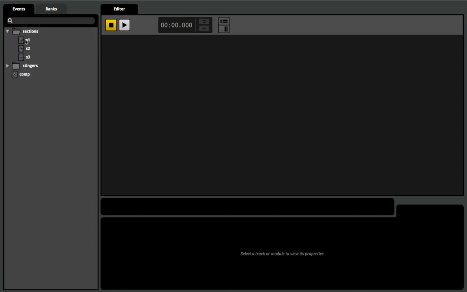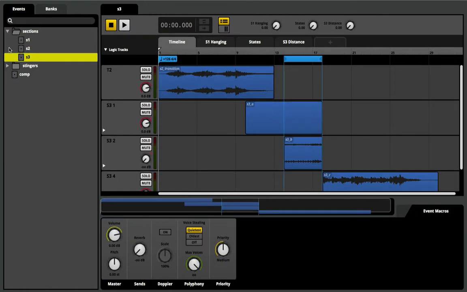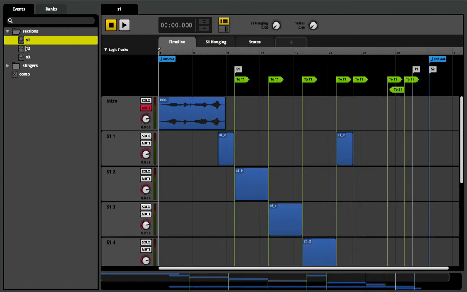The gameplay segment I chose consists of 3 states, each one requiring unique musical content. To bridge between these 3 states, I wrote and implemented transitional cues. Each section cue is contained within its own event.